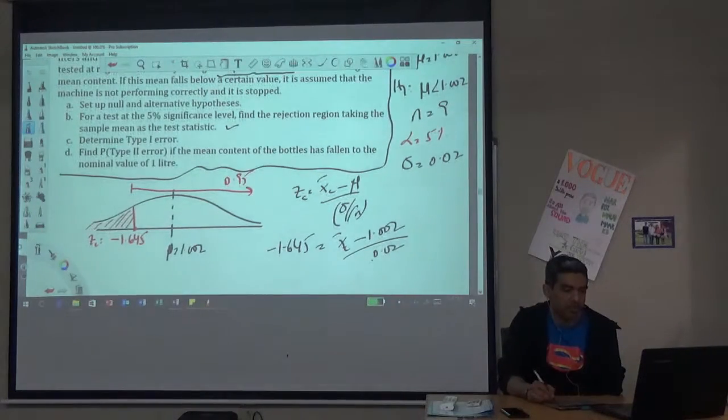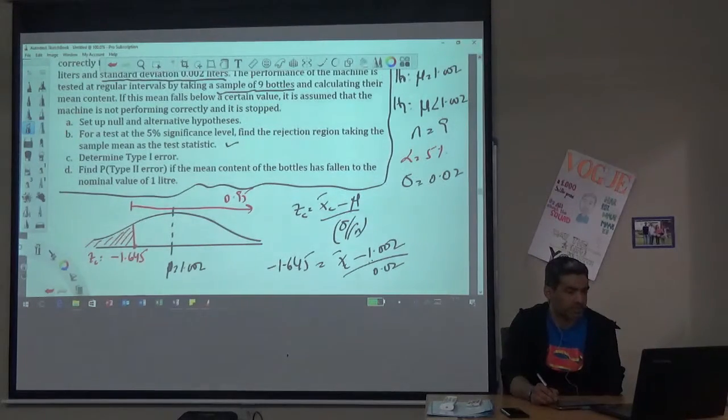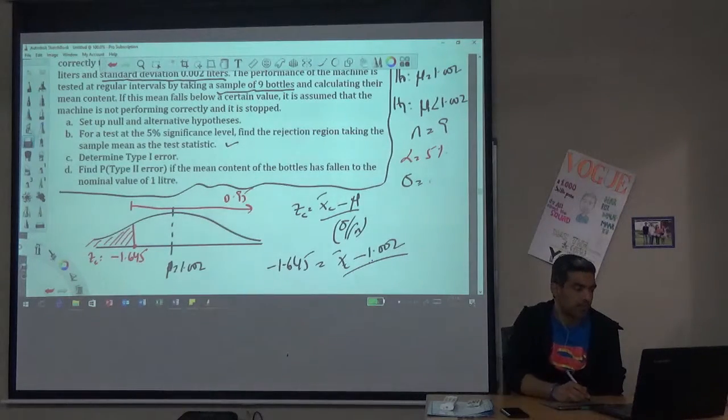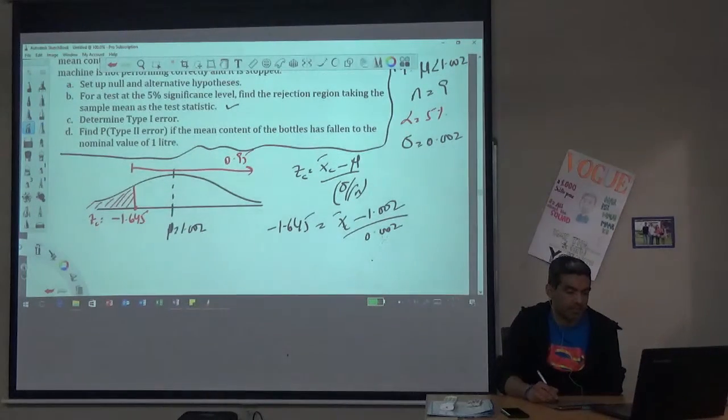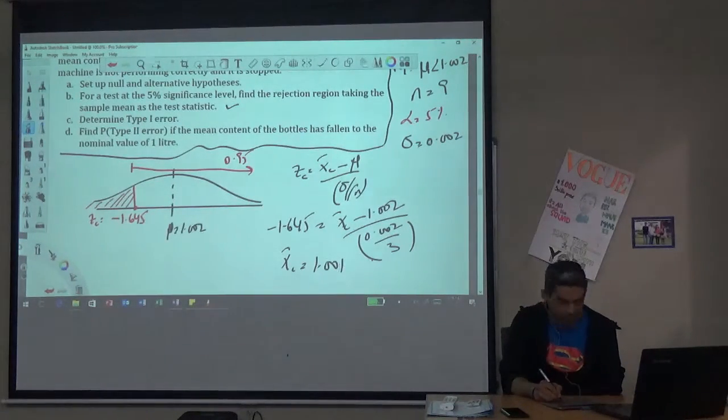The standard deviation, oh, 0.002, sorry, 0.002 divided by square root of 9. So the X critical value is 1.001? Okay. Are we all getting 1.001? Yes. Alright, so the rejection region